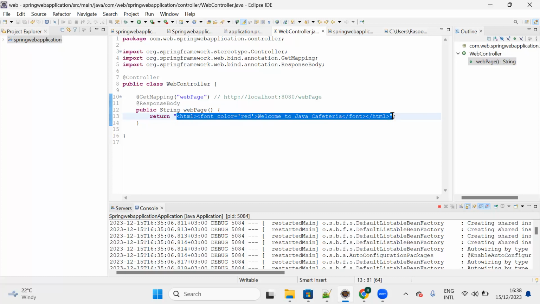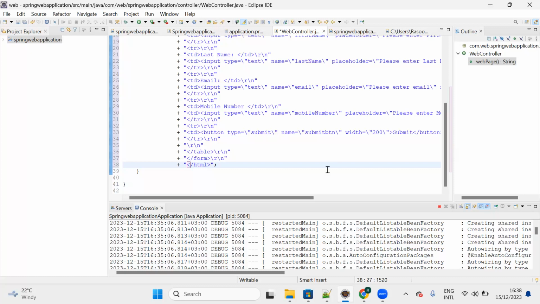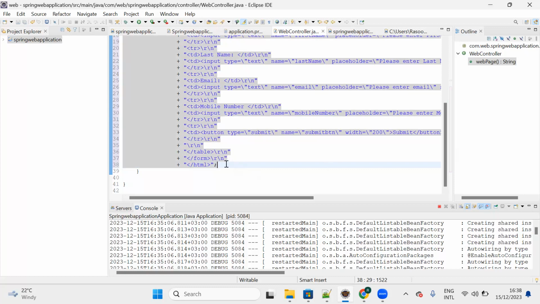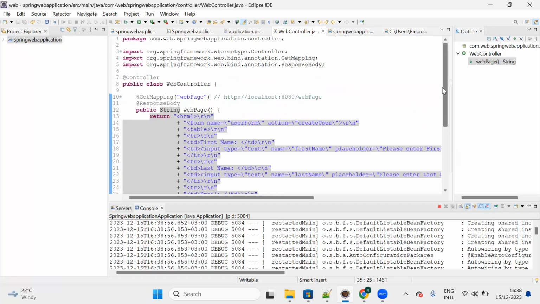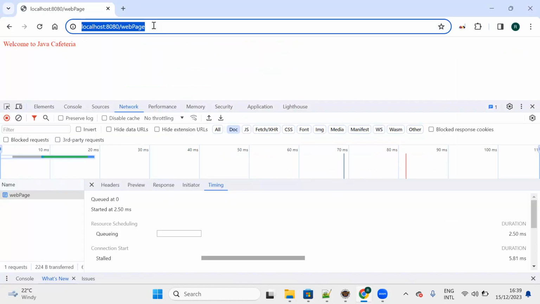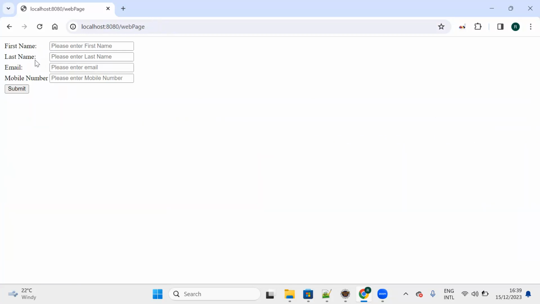If you just copy paste here, see, there are a number of lines of code. So here I just copied it as it is, Control S, right? I just copied the same HTML whatever I have created, the sample HTML. Now I will check in the browser what will happen. See, I am able to get that sample HTML file which has first name, last name, email,